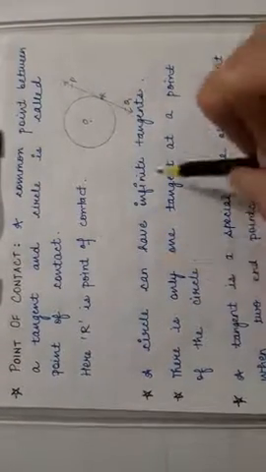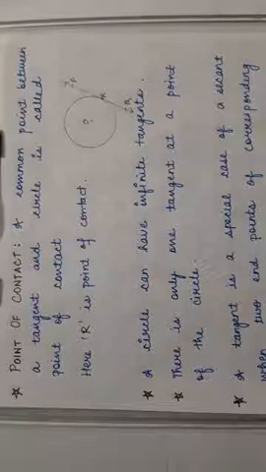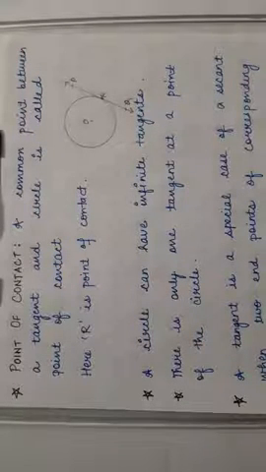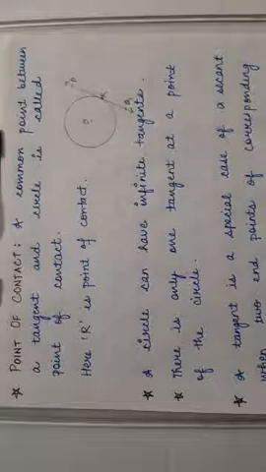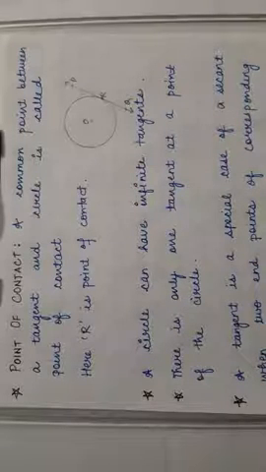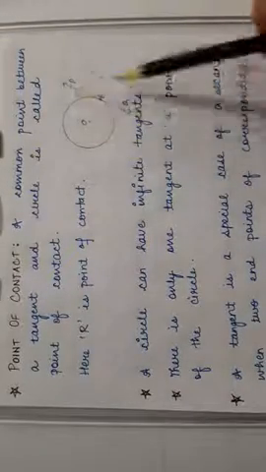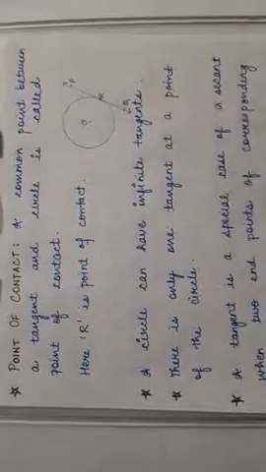Next we have a circle can have infinite tangents. Now you people know that a circle is made up of infinite points, and at every point we can draw a tangent to a circle. So combining both these concepts, we come to a conclusion that at each point of a circle we are able to draw a tangent. So a circle has infinite points, that means we are going to have infinite tangents, one at each point of the circle. So there is only one tangent at a point of a circle. If you have only one point, there you can draw one tangent. But collectively, just because we have infinite points, so we can have infinite tangents.